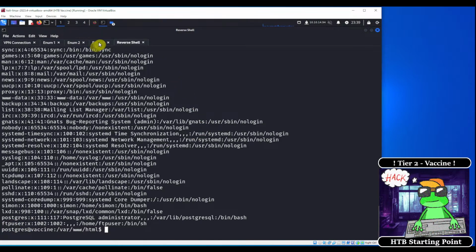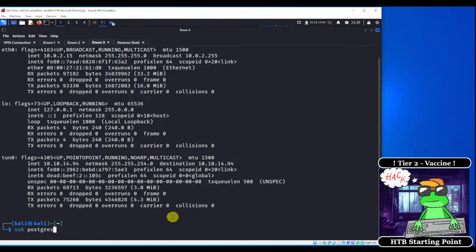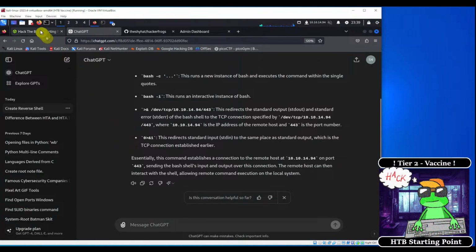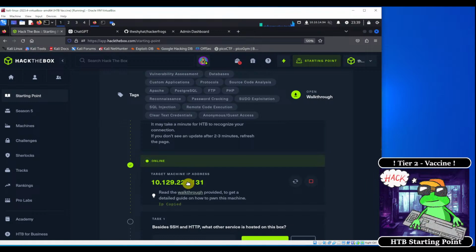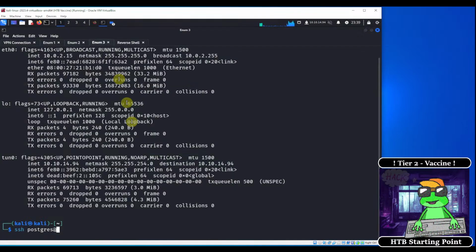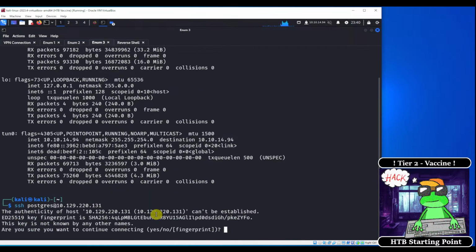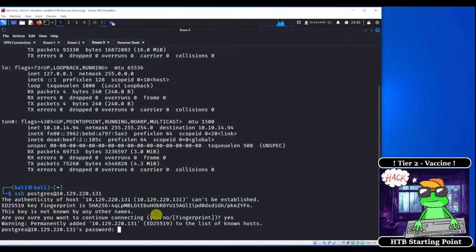We're going to try logging in using SSH, and we need to grab our IP address for this system really quick. Okay, copy that. So we're going to log in by SSH. It asks us if we want to continue connecting. We answer yes, and then we need to